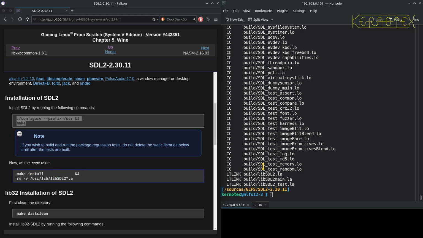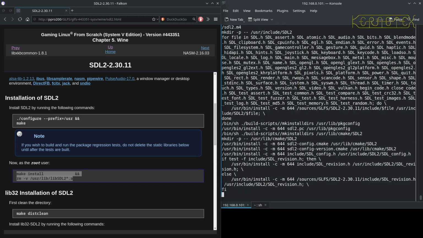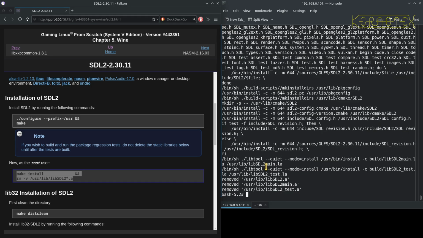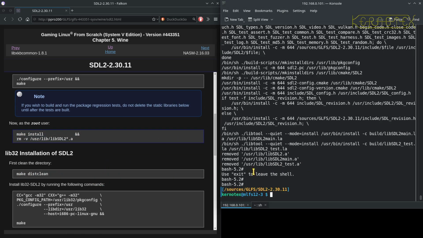So I'm going to install this now. Now I didn't do the tests because I did what I just did, just removed the static files. So I'm just going to go straight forward and build